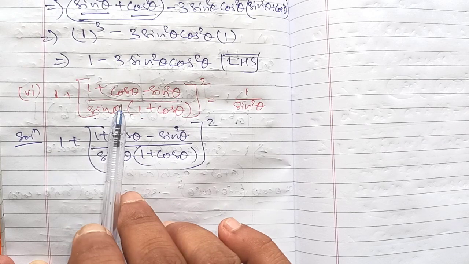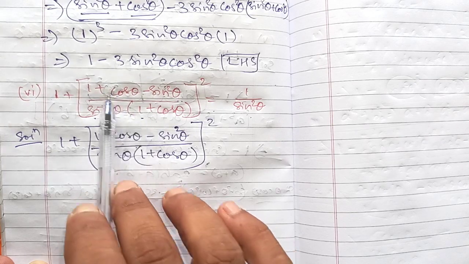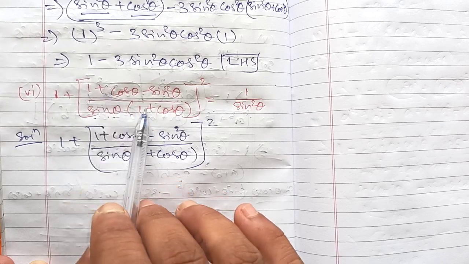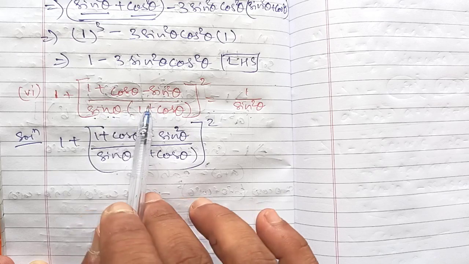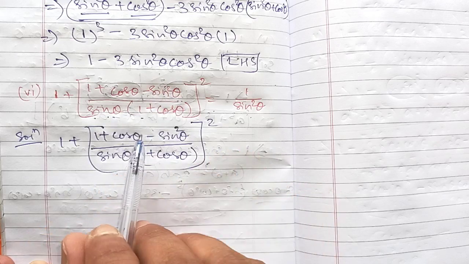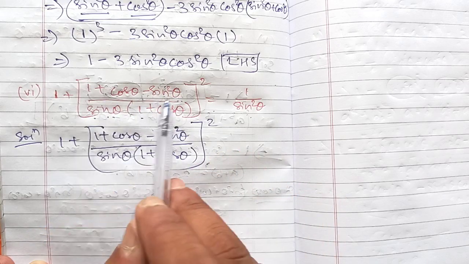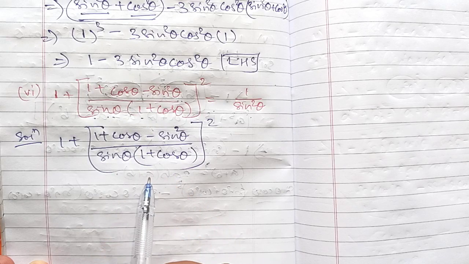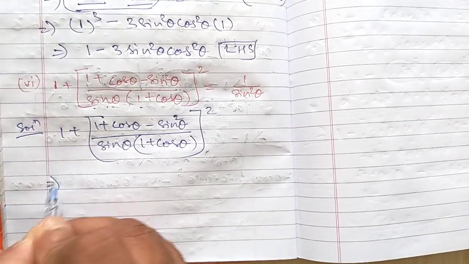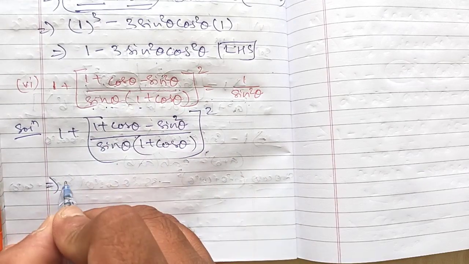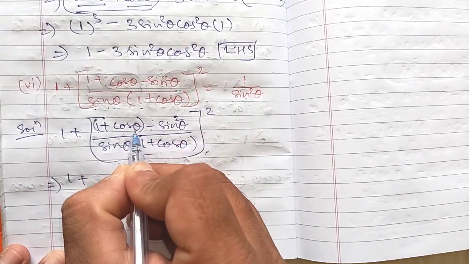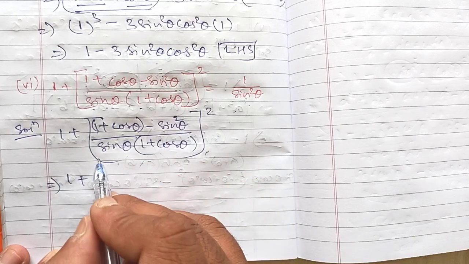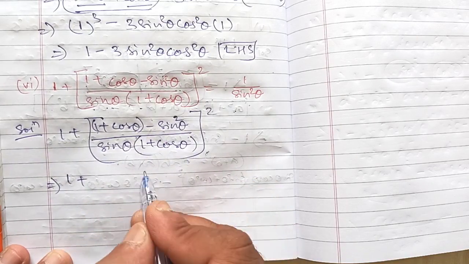Okay. So that means what we have to do, we have to cancel cos and cos. Now we can't cancel because there is minus sign, but anyhow we have to find out something common, and some ways we have to find out to cancel, to remove cos thetas, and only sin theta should be left. So I have written LHS here. Okay. So what we will do, this one I will put a bracket 1 plus cos theta minus sin square theta, divided by sin theta 1 plus cos theta.